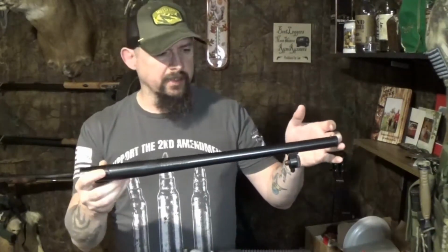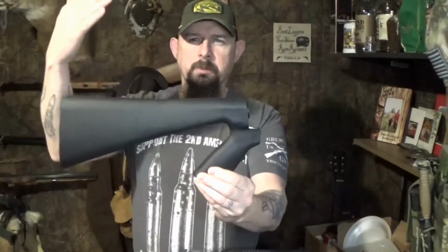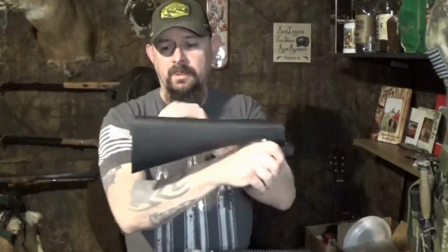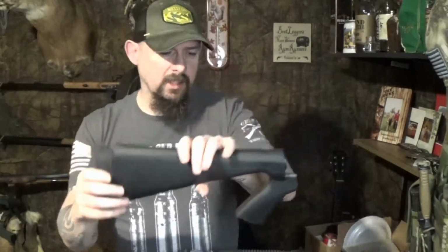All right, now I picked this Mossberg 500 up. It's just got the 18.5-inch barrel with the improved cylinder. Pretty common, pretty standard. So, it doesn't have any extended tubes or anything. But it did come with this really, really ugly stock. And this is one of the cheapest stocks that you can get. They're all over eBay. And I think it's hideous. After you put the pad on, the pull is really long, it's uncomfortable. So this I was planning on changing anyway,